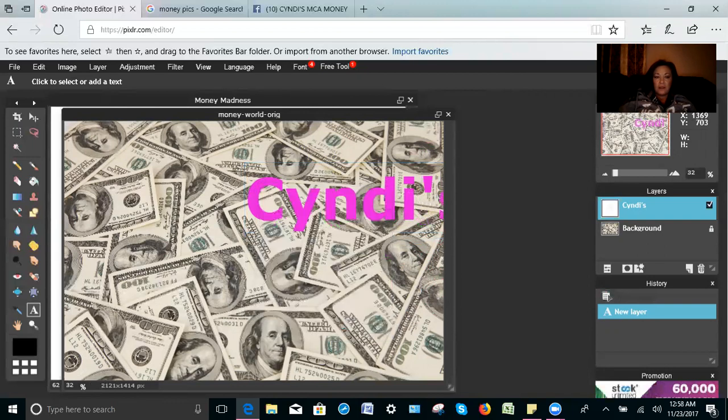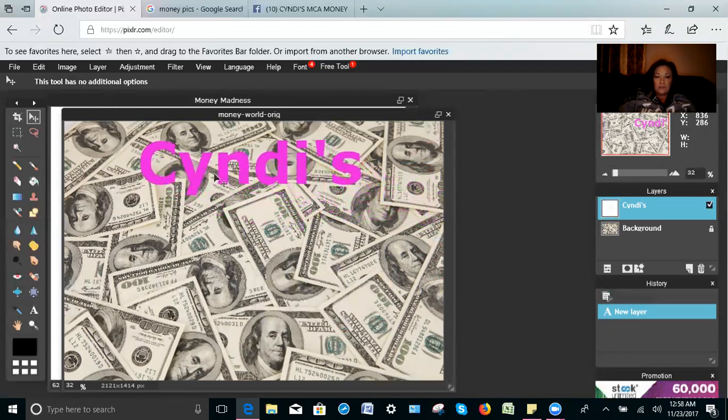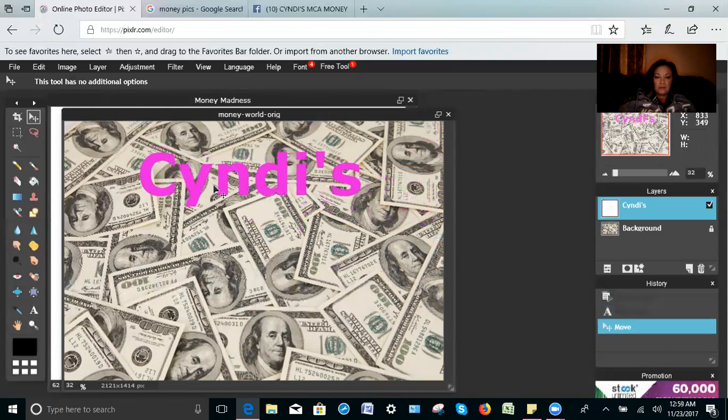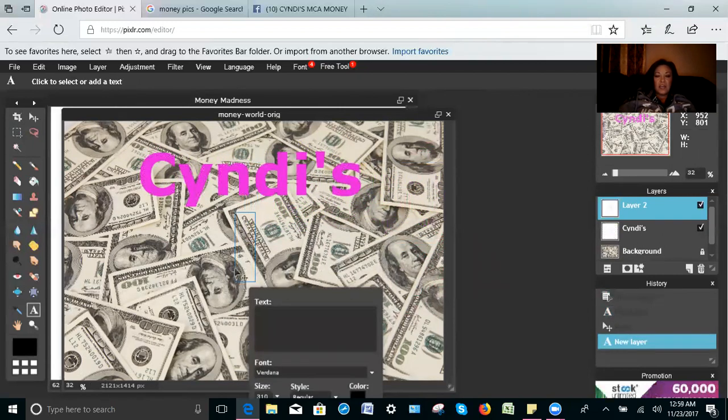Click OK. Now we need to move this. This little button right here, if you can see my cursor, is where we move. I'm going to select the text and move it. That looks approximately okay. Okay, we're going to go in, drop more text. And instead, thought we'd play with it a little bit. Instead of using the words Money Madness,